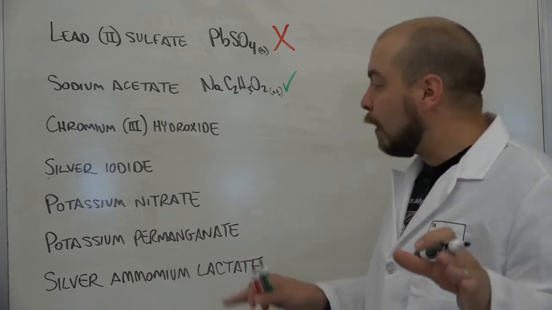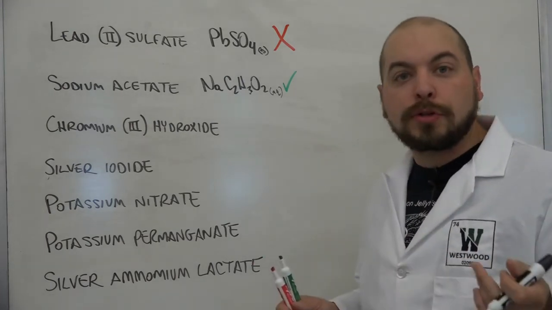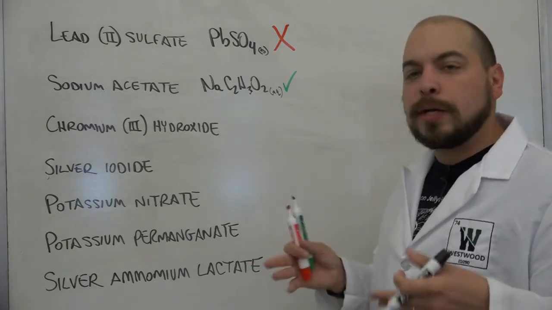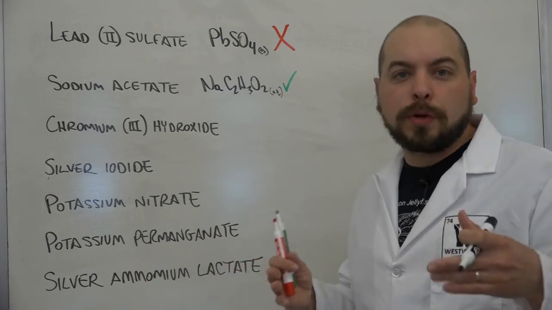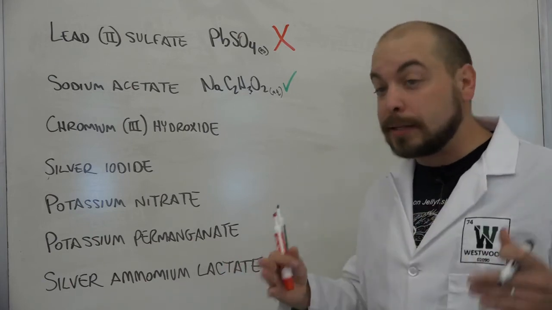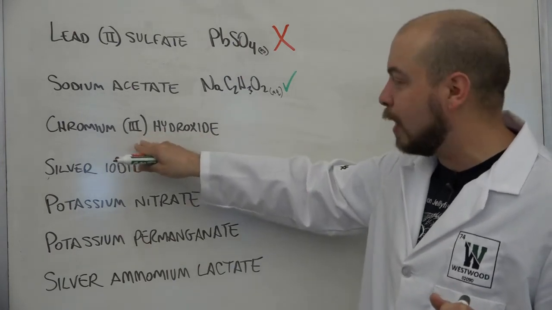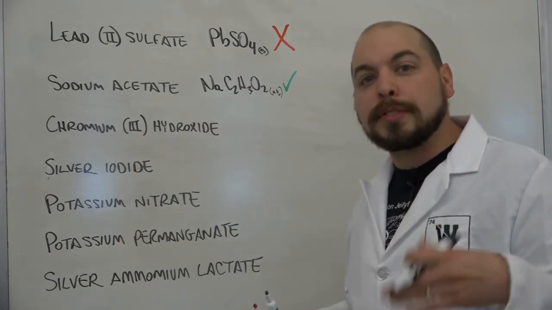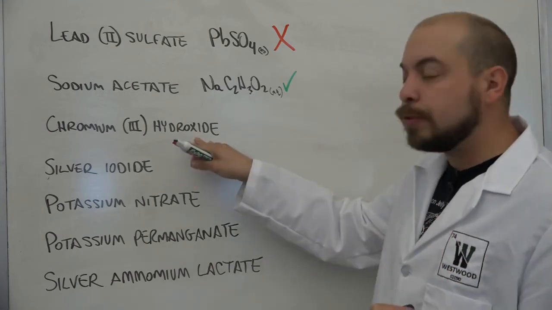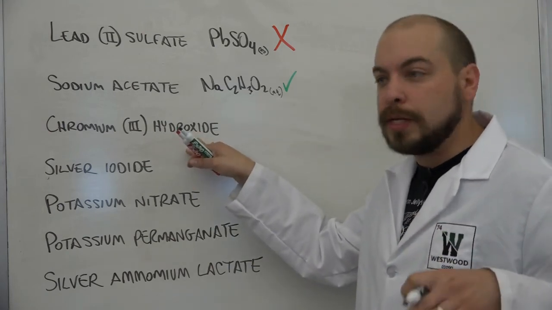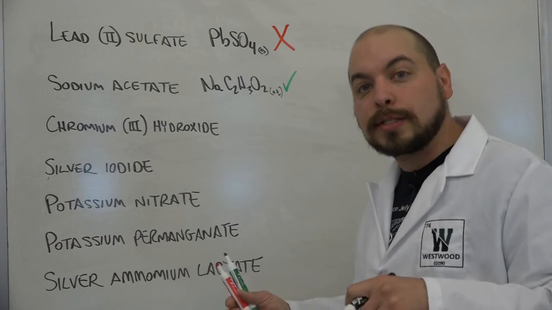All right, now that you've had a few seconds to work through these, let's go ahead and talk through them together. Again, I'm going to go ahead and write the chemical formula for each one, just because it's good practice. Chromium 3 hydroxide. That means the charge on chromium is 3+. Therefore, each hydroxide ion, which is -1, would need to balance that. So you need 3 hydroxide ions. So it's going to be Cr